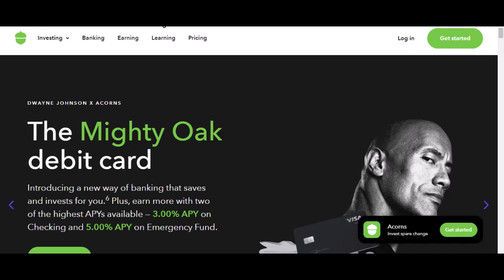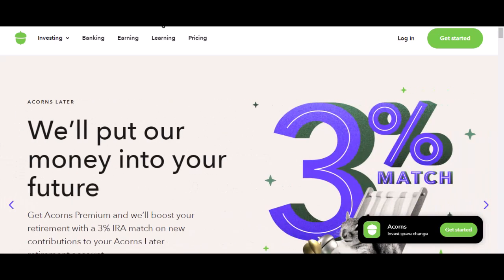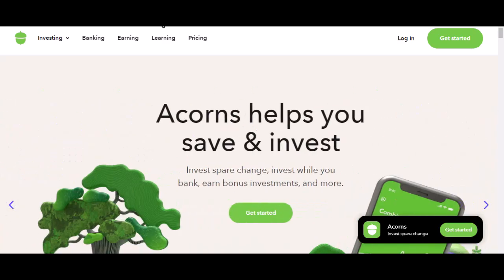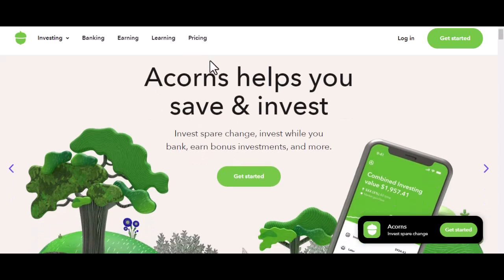So, you've dipped your toes into the world of investing with Acorns. That's awesome. But you're probably wondering, how do I actually see my money grow? Right? Let's dive in. Now, before we get into the nitty-gritty, let's talk about why checking your balance isn't just